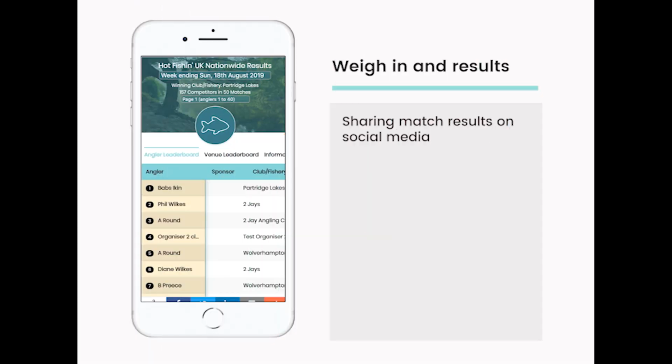Something that's really important is the ability to share results with the people that participated in the match, but also the wider angling community, to just generate more interest in fishing as a whole, but also your club or fishery in the specific matches. So you'll see on all the match results tables across the bottom are these social share